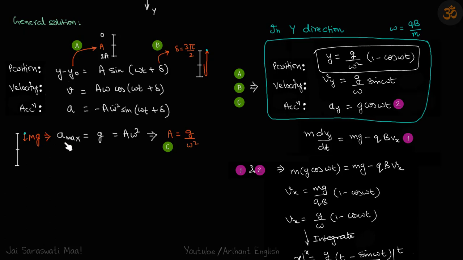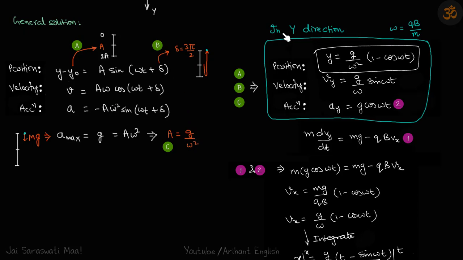So A max is equal to g is equal to A omega square, which gives A is equal to g by omega square. So in these three equations, if we put y naught is equal to A, delta is equal to 3 pi by 2, and A is equal to g by omega square, if we solve this, we will